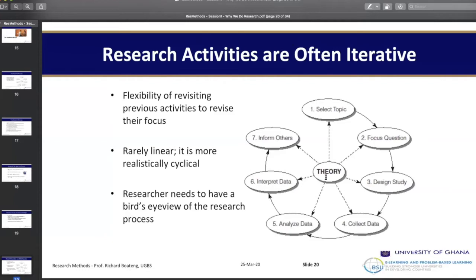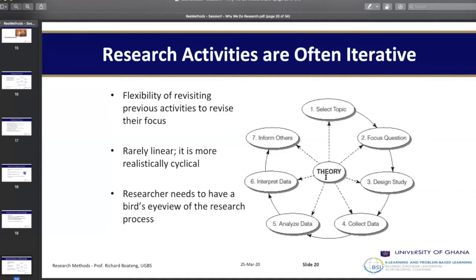These things can happen. So we tell students that you have to have a bird's eye view when you start the study. When you choose your topic and choose a question, note that you have to have an idea where you're collecting data. When a student comes to tell you that he wants to do a study on former presidents, what is life after being a former president, a public admin student, I asked him, how many former presidents do you have access to? He said, oh, I'll do my best. I said, you give me the contact address of any of their assistants. He said, oh, I'll try and write letters. I said, you have to be realistic. If you don't take care, you spend about 4 months just trying to get access to your former president, and you don't get access to them. So you don't choose topics and then choose questions that you don't have access to the data.